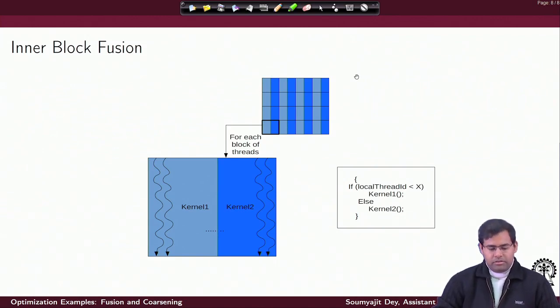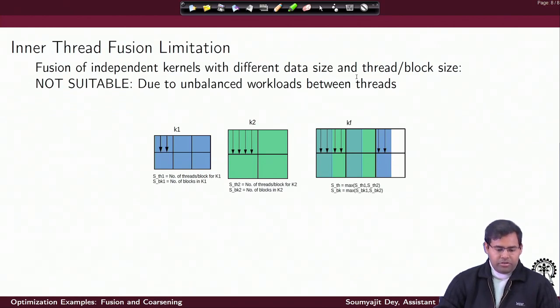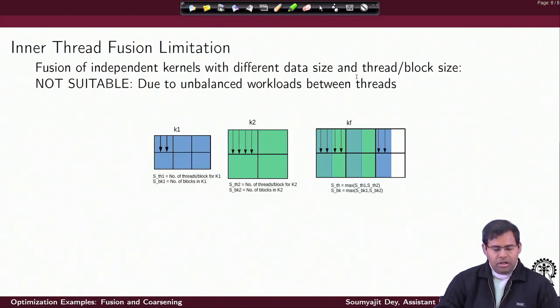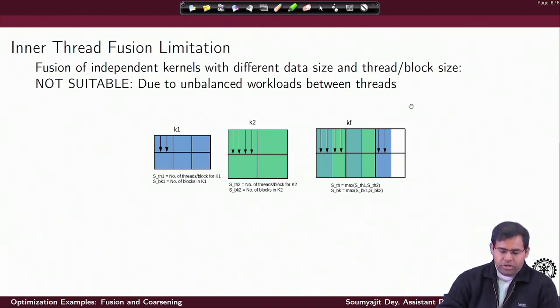Now, this leads us to another possible way of fusion. I hope by now this idea of inner thread fusion is clear to you, and this would lead us to the other possible ways in which we can fuse, and they are inner block fusion and inter block fusion. Before going into them, let us again summarize the good and bad things of inner thread fusion. When you do a thread level fusion of 2 different kernels, if they are independent kernels with differences in both the number of blocks as well as threads per block size, it may lead to a bad